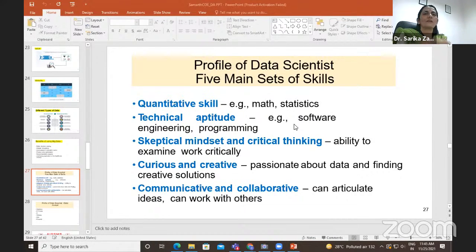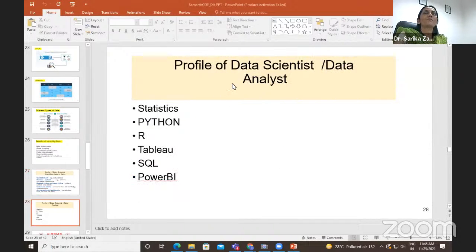Try to talk with yourself. Okay, go into a room, stand in front of the mirror and start talking. Whatever topic, technical, what you have studied today, what language you have studied today, just talk about that for 2 to 10 minutes. See students, a drastic change will come in your approach. Okay? And that is also an important parameter as far as your placement is concerned. And next is the profile of data scientist to data analyst.